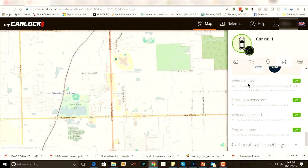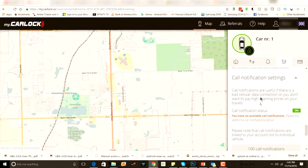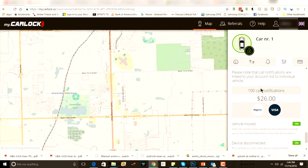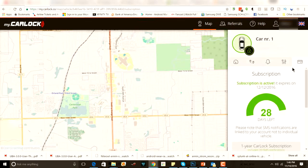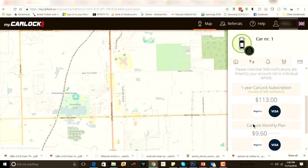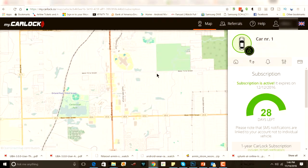Smart locks determines whether the car features are enabled. So the CarLock automatically starts monitoring your vehicle. An alert: device disconnected, vibration detected, engine started, signal lost, right? When the GSM GPS connectivity is gone. Low battery, so this is great, so that when you walk into your car it doesn't have a bad or dead battery. Auto lock monitoring is just going to happen as it's going to track as soon as you turn the car on and off, and nothing happens. You don't have to do anything special. Harsh driving, and then you have several SMS notification settings, and then the cost for these SMS notification settings. And again, you can have the vehicle moved, this device a few minutes after you turn off the engine. So this is for some of the bump notifications that you can receive when